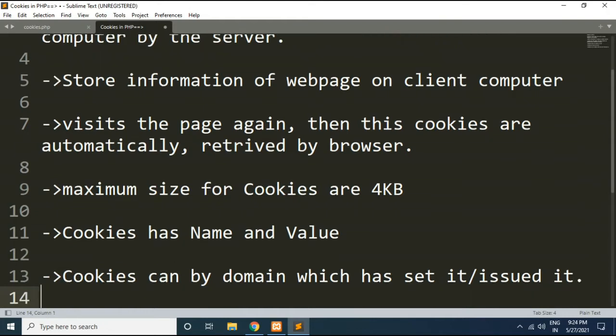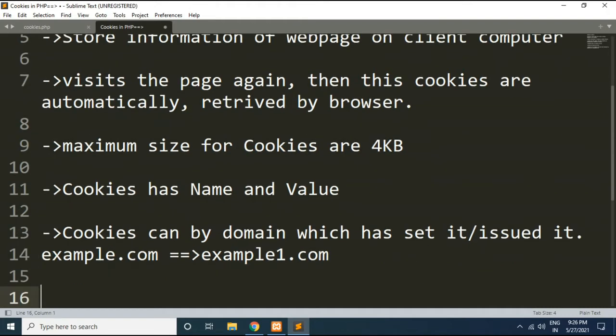For example, if a cookie is set by the example.com domain, then it cannot be read by another domain like example1.com. Cookie values are accessible only to the domain that has set it. No other domain can access it.